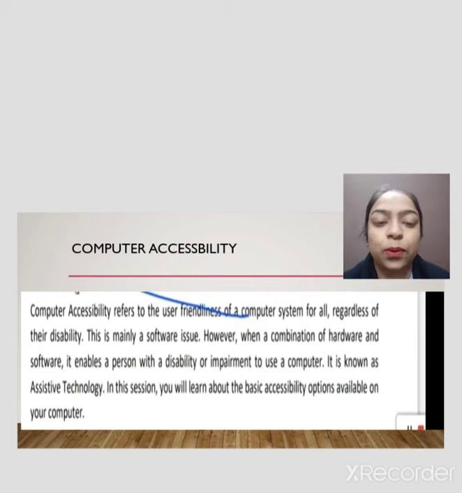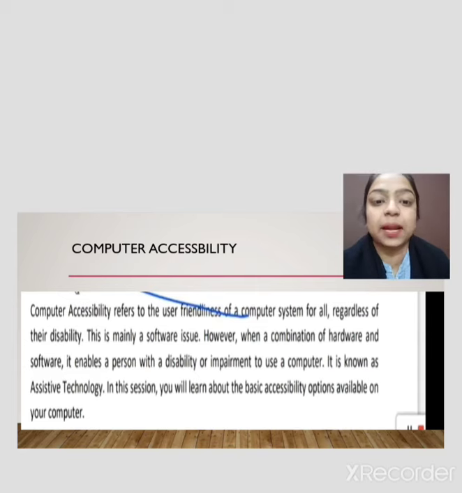As you all know, in today's time the use of digital technology is increasing day by day. As we can see, the use of smartphones and android phones is going on very fast now. So if we talk about the people who are disabled, still they must use digital technology nowadays.